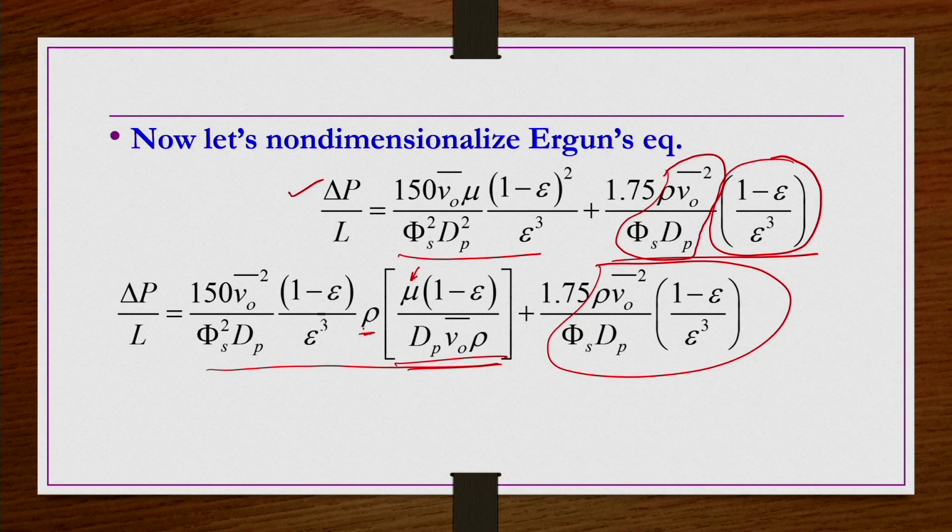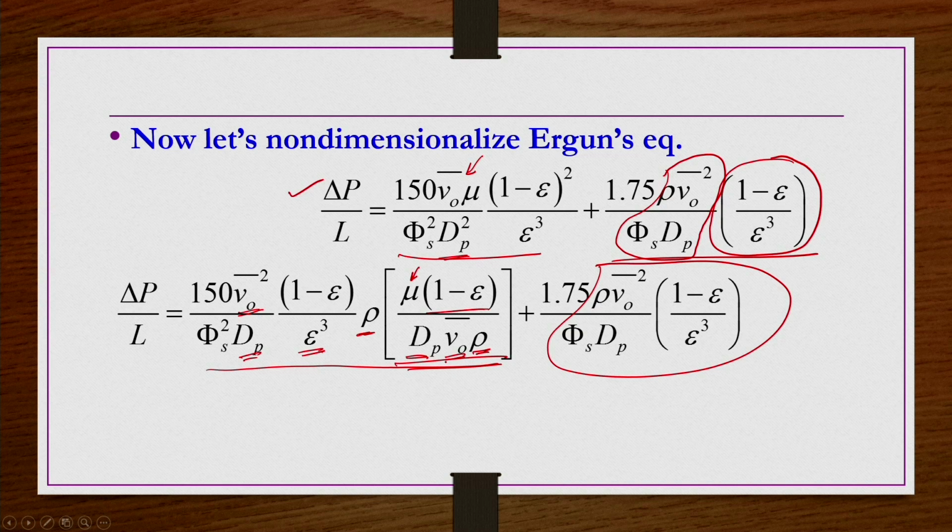So, rho is required here, which is not there. So, we multiply by one rho and then divide by one rho here. Out of 1 minus epsilon whole square by epsilon cube, we keep 1 minus epsilon by epsilon cube here, so 1 minus epsilon is remaining here. Out of dP square, one dP is taken out, so one dP is remaining here. In the first term we initially have V naught bar only, but we want V naught bar square. So, one V naught bar term is divided here so that it is balanced. This is the additional term we are getting.